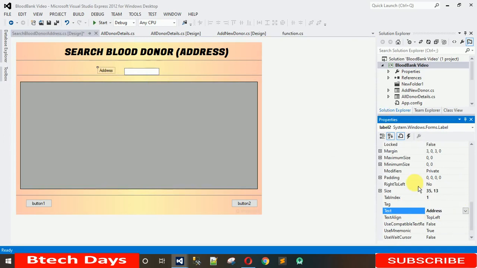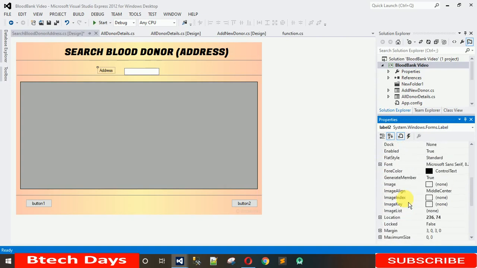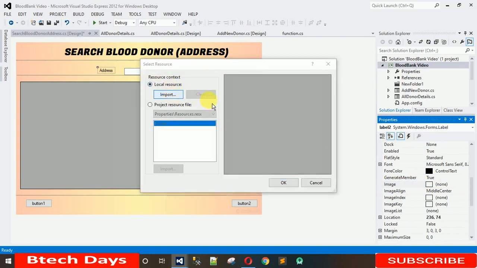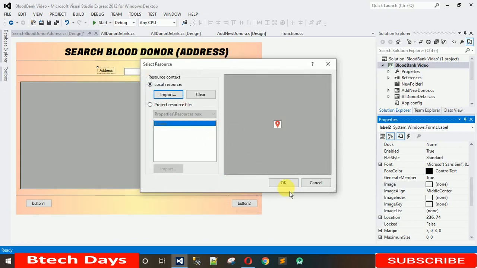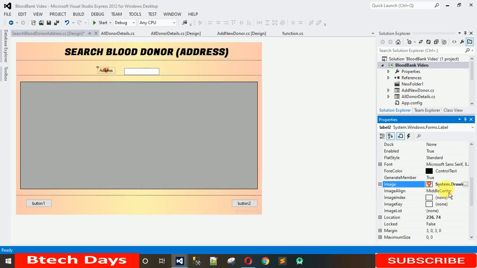and after this I'm going to set an image into this. So I'm going to search for image. Click on this, and it's by address. So I'm going to use the address icon, location this one, and click OK. And OK, here you can see this. Now I'm going to